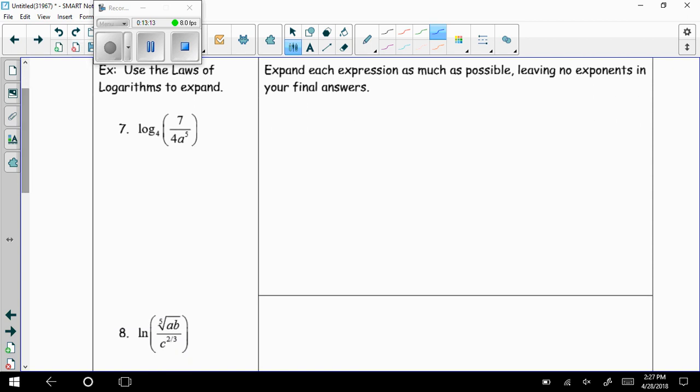Okay, so now we're specifically looking at just expanding. So I want to break this logarithm that we're given, the log base 4 of 7 divided by 4 times a to the 5th. I want to break that up into pieces, and I want to break it up as much as possible. Again, I know I'm done when I have no exponents anywhere. In number 7, we can rewrite this. There's a division sign here, and there's a multiplication sign there. So we can rewrite this as log base 4 of 7